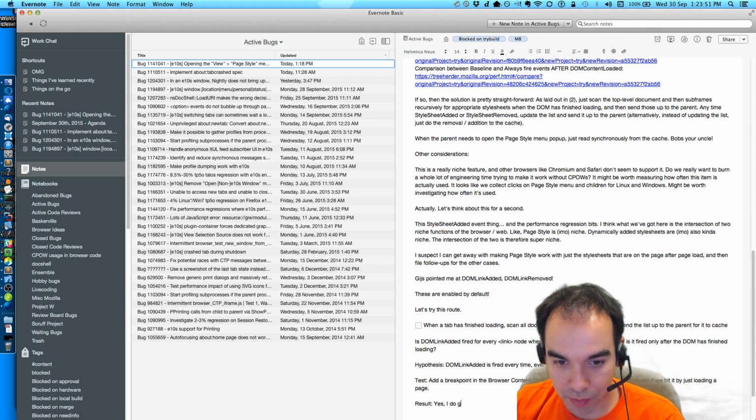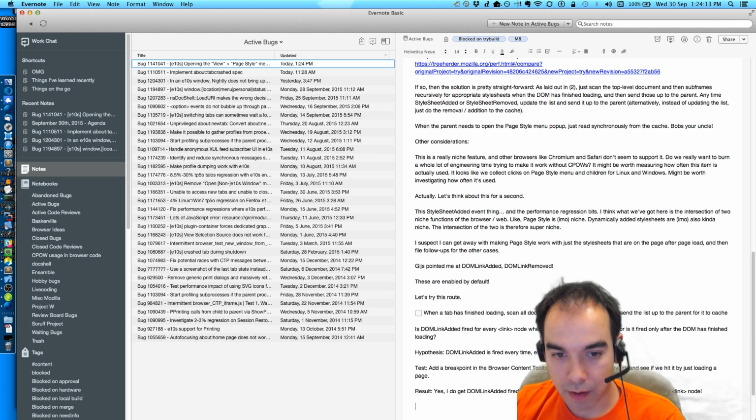Yes, I do get DOM-link added fired on the content link handler during DOM content loaded for every link node. Okay. So here's the problem. I don't appear, however, to be getting DOM link added events for style sheets in subframes.